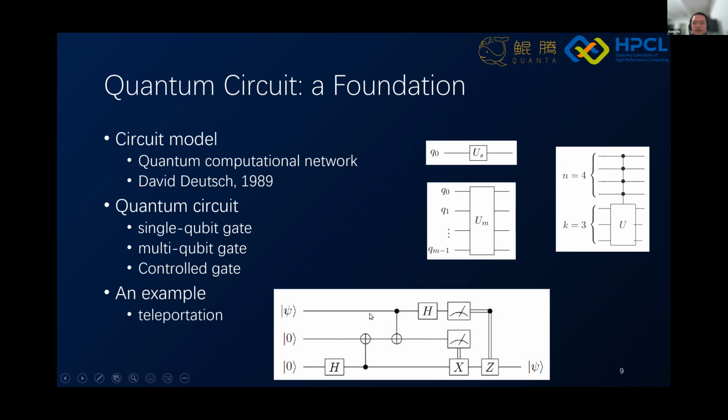To express a quantum program, the basic task is to express this kind of quantum circuit. But of course, quantum programs contain more than a quantum circuit, because they can also contain quantum classical hybrid computation. So you can use classical program flow control to direct what you are going to execute on the qubits.